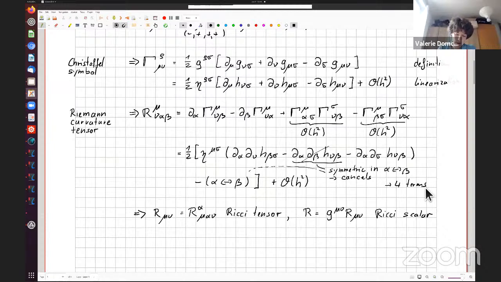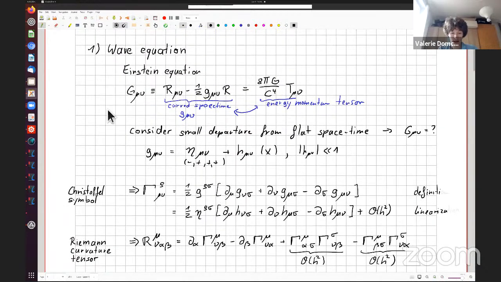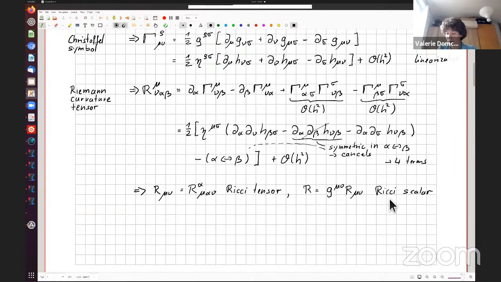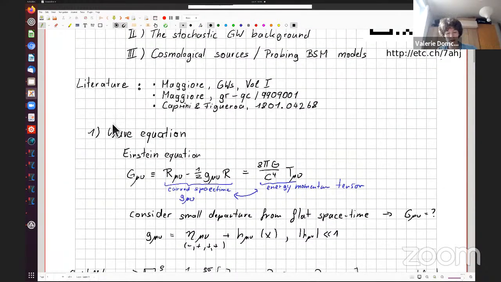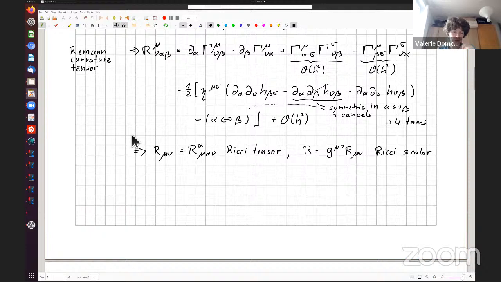Now, by a simple contraction, we can get from this Riemann curvature tensor the Ricci tensor, R mu nu, which is already one of the objects inside here. If we perform another contraction, we get the Ricci scalar, which is the other object that was inside here. So this blows up quite significantly. In Maggiore's textbook, you can find a full computation. But if you manage to do it correctly and not lose any minus sign, then after quite a bit of work, you arrive at the final expression for G mu nu, which is minus 1/2